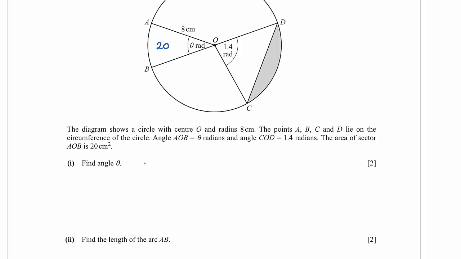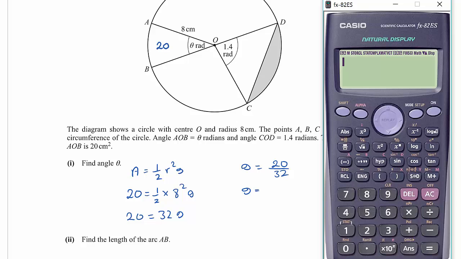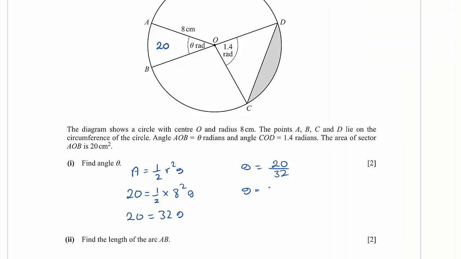Well, we know if we're in radians, the area of a sector is a half r squared theta. So we know the area is 20, and that's going to be equal to a half times 8 squared times theta. So 20 is equal to 8 squared, 64, half that's 32 theta. Theta is going to be 20 divided by 32. And let's just cancel that down. So 20 divided by 32, it's 5/8 or 0.625